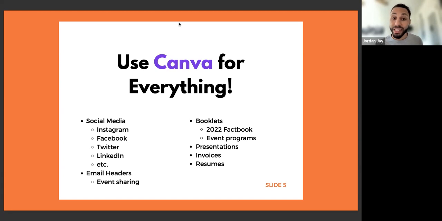There's templates for business cards. That's something I want to start using soon. There's logos. There's videos for social media and for YouTube or anything like that. There are templates for letters, letterheads, and business letters. It gives you a lot of formats for that. Those are things I previously would Google search, like how to write a letter for this situation, and now those are all in Canva as well.